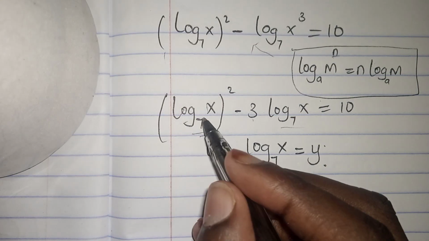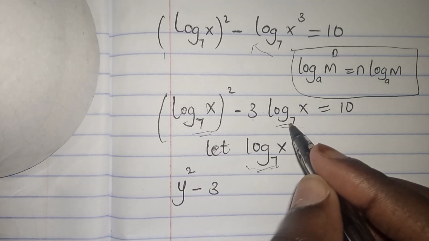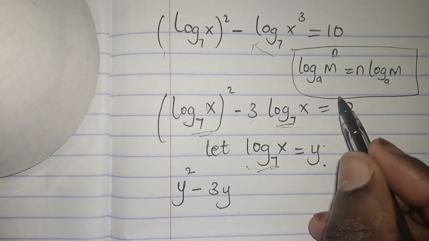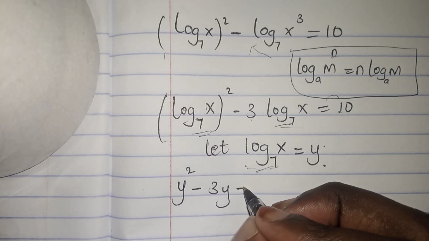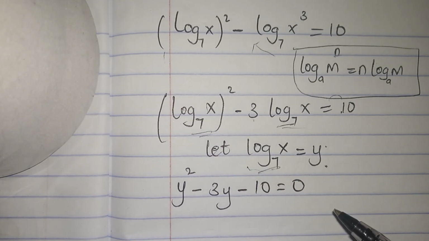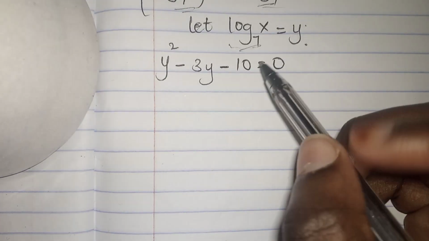So this will be y squared minus 3y. We have 10 here, so we shall bring it to the other side and it becomes negative 10 equals 0, right? So by doing so, we have formed a quadratic equation, and we can solve this quadratic equation